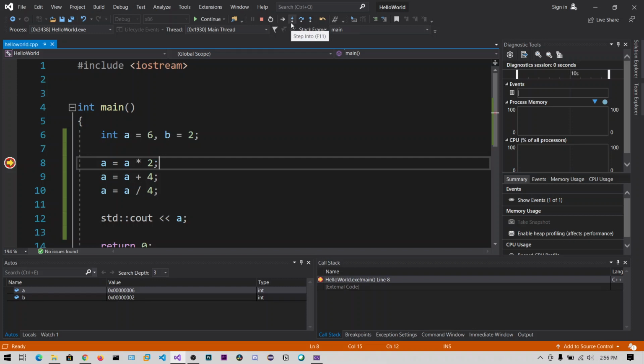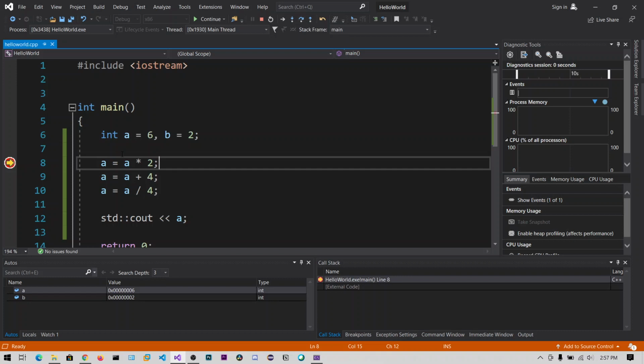You can see the step into button, step out and step over. The step into button will allow you to execute exactly one instruction, and step over also executes exactly one instruction.